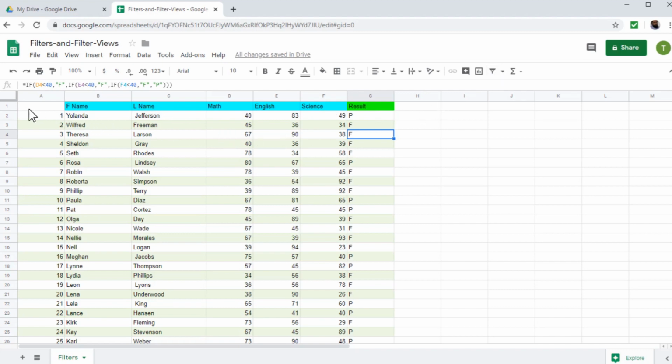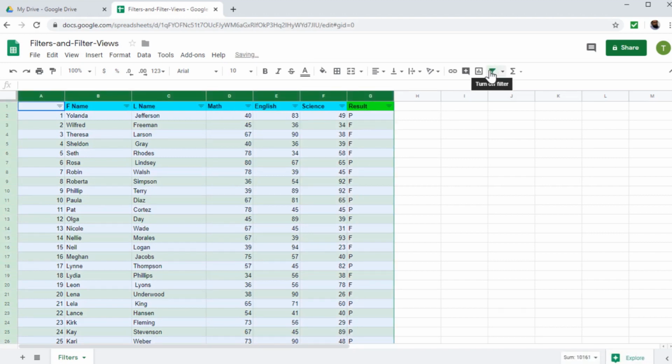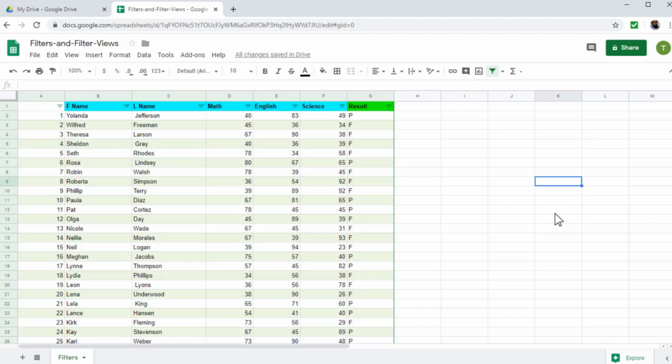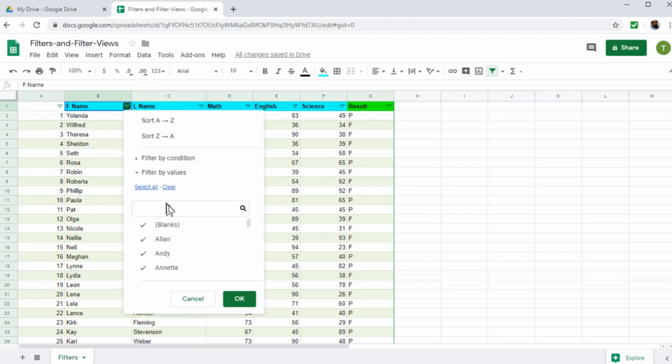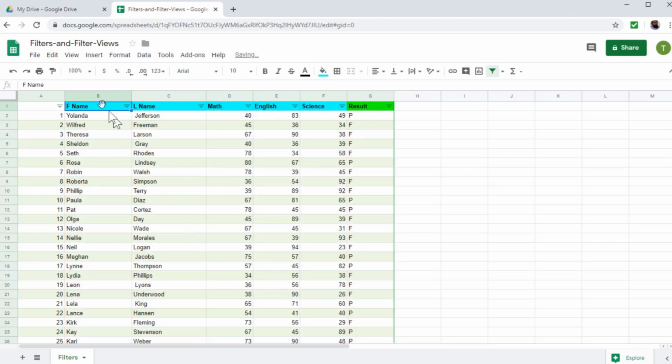Now let us apply a filter to all this data. I select all these columns, I click on create a filter, and now I see all columns are green and these lines are appearing on every column. Now if you click outside, the filter has been applied. If I click here in column B, I have a few options. As you can see, I have all the values in this column. For example, if I want to check the result for only these two students, I should first clear and then select these two and apply the filter. And now I clear all this, select all, and say OK. Now all students are here.